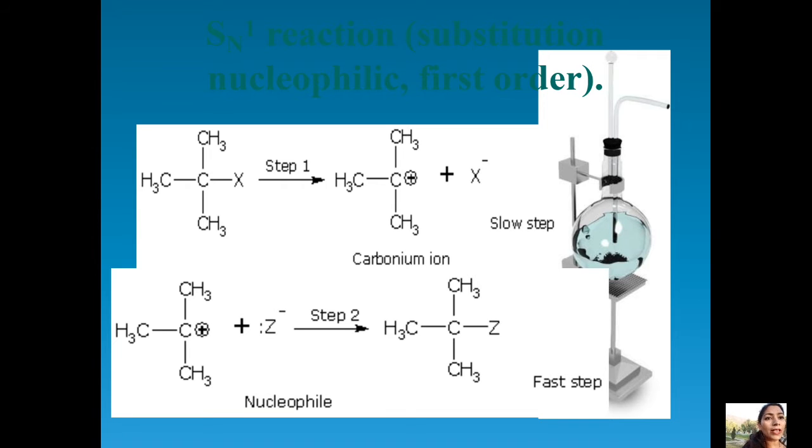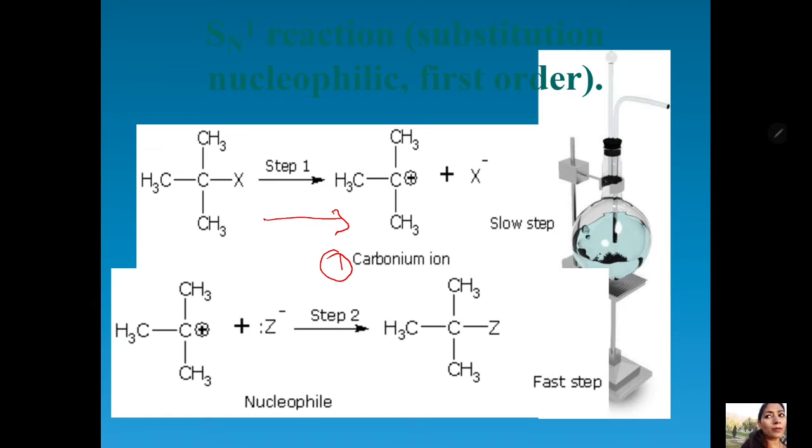Now first we will go to the SN1 substitution reaction. By the name we can make out, SN means substitution nucleophilic, and 1 means only one reagent, one molecule, participates. Sorry, this is a two-step reaction, but only one reagent participates in the rate step. When a compound like CH3X goes through the substitution reaction, what will happen? First, a carbonium ion will form. This is the first stage.